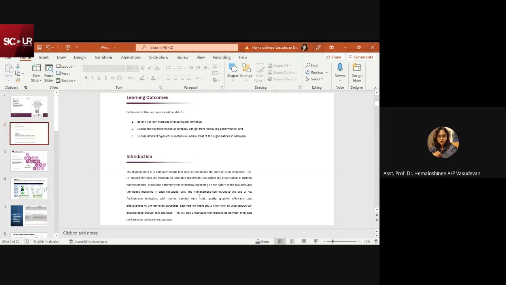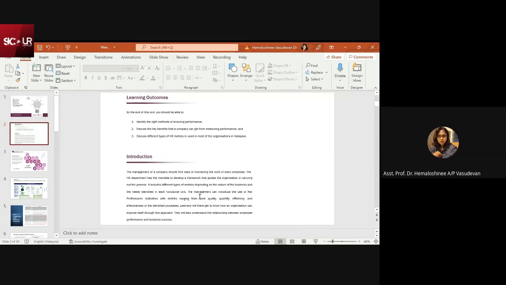So they cannot simply evaluate the employee based on their perspective. Okay, so the HR cannot make any decisions by looking into their appearance, because of the relatives or friends. Okay, there's no such relationship when you look into the employee performance. So most of the HR, they will evaluate the employee performance based on the work quality, quantitative,